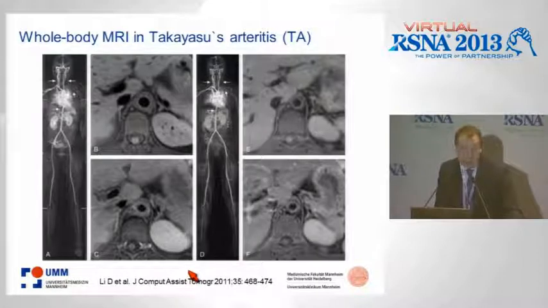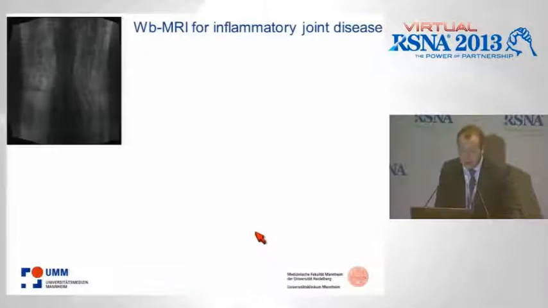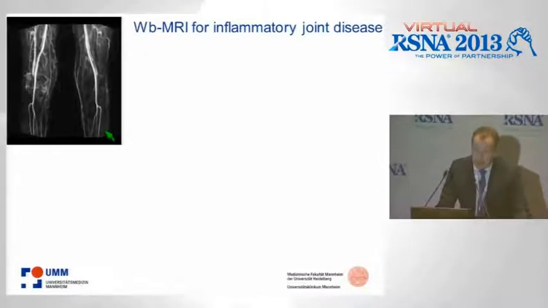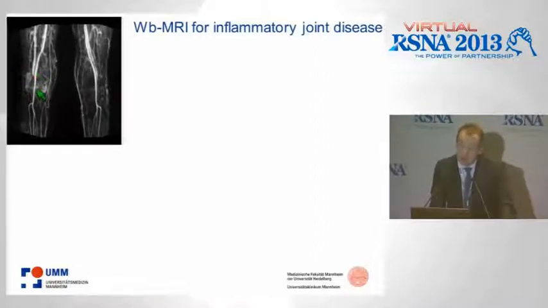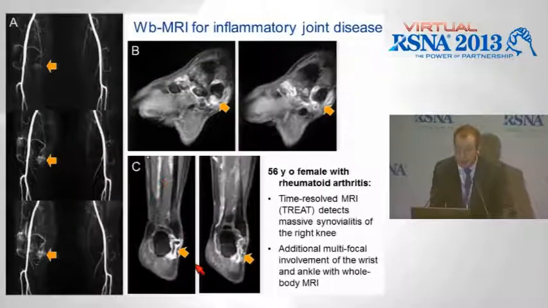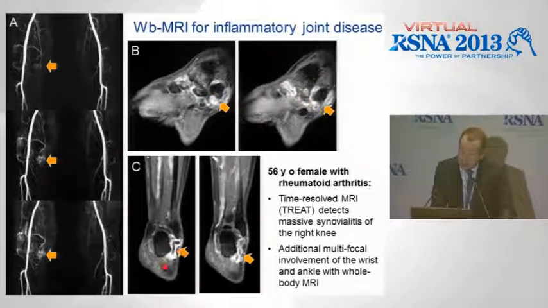So this was really, I think, a nice study and helps to further classify these patients. Now, in joint disease, again, the combination of time-resolved imaging. This is a patient with rheumatic joint disease with a time-resolved 4D MRA showing the typical hypervascular synovitis. You can combine this with high resolution both for the joints in the hand and foot. And you see, for example, here in this rheumatic disease, the typical manifestations here in the carpal and tarsal bone